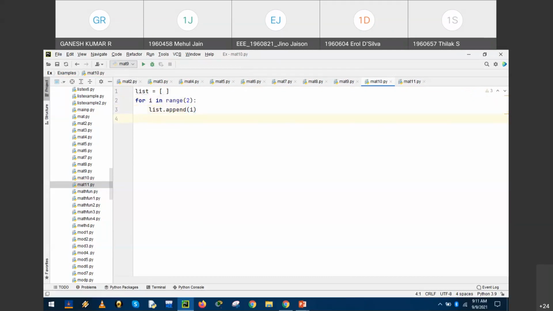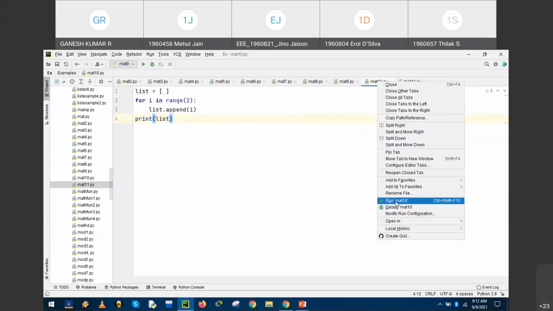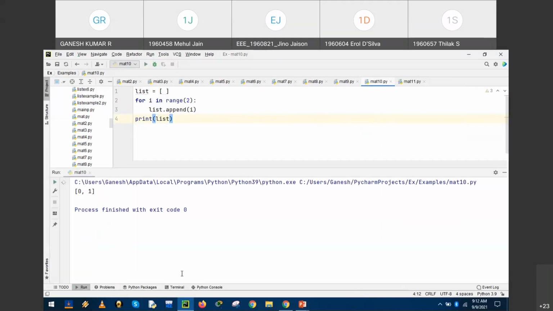Then we need to display the output, print list, right? So in this case, for i in range of 2, which means 0 to n minus 1, list dot append i. i takes the initial value by default 0 and then 1, up to n minus 1. So the output could be 0 and 1.